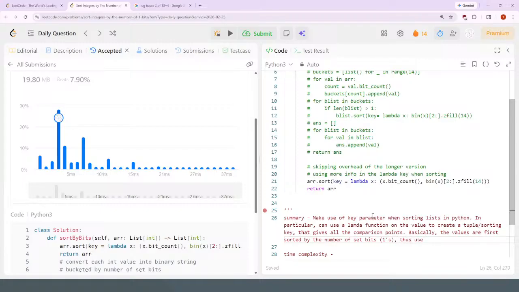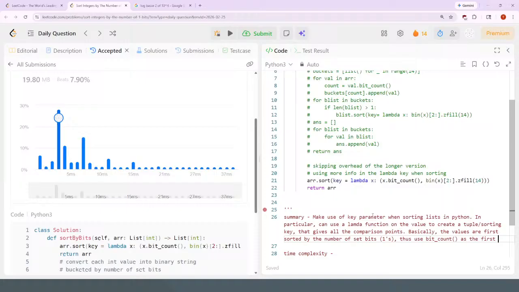Thus use bit count as the first parameter in the tuple. Secondly, it needs to sort by the